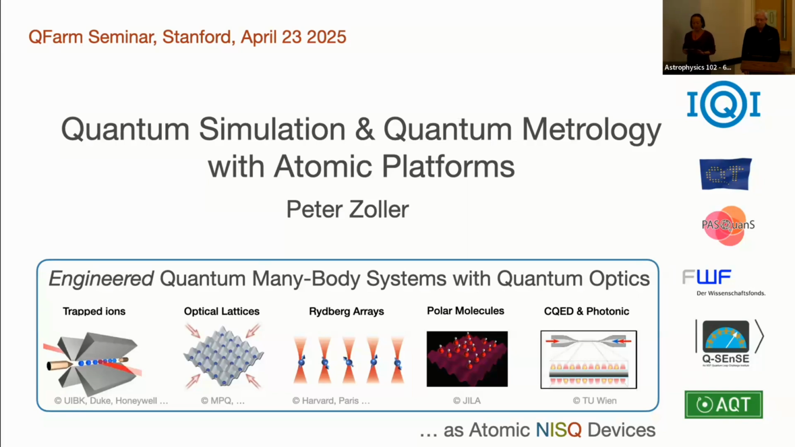Okay, it's a great honor to introduce Peter Zoller as our speaker for today. Peter is university professor at the University of Innsbruck. He actually did his PhD in Innsbruck and joined the faculty there in 1977 and spent most of his career there, with the exception of, I think, a very important five-year stint at JILA and CU Boulder in the early 1990s. He returned to Innsbruck,